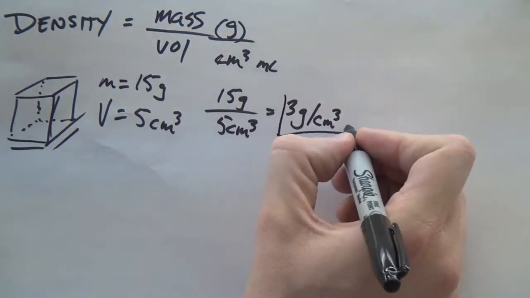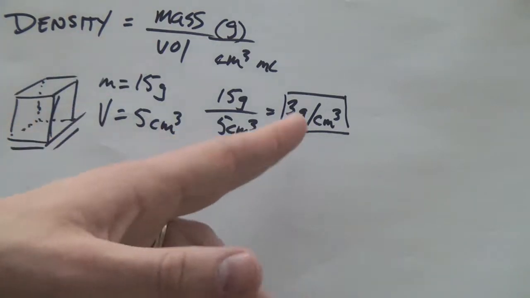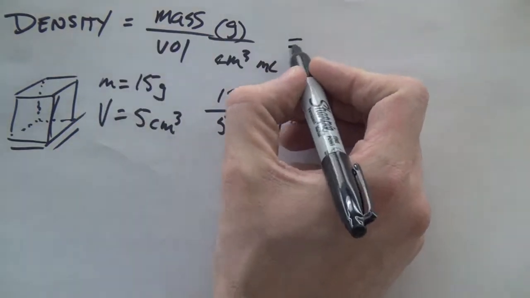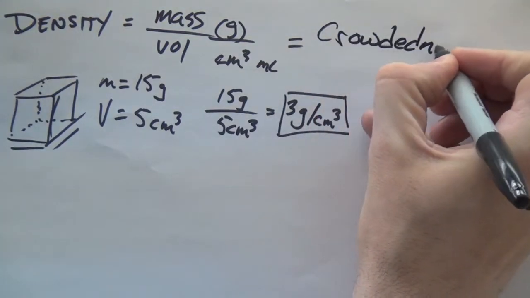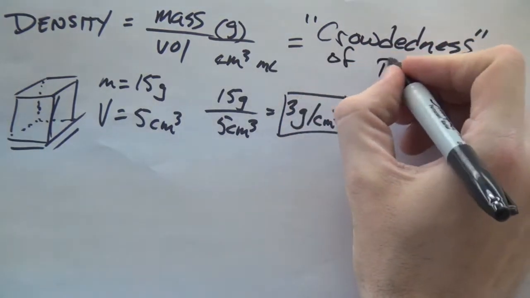All right? This is density, but numbers don't really cut it often. In order to truly understand density, you've got to think of it in different terms. This is the official formula, the scientific definition: the amount of mass per volume. So in this cube, for every milliliter or for every centimeter cubed, there will be 3 grams of whatever. But think of it in terms of this, not just mass over volume, but the crowdedness of particles